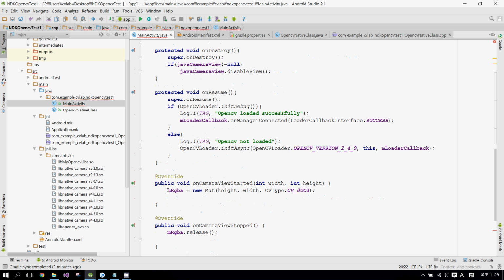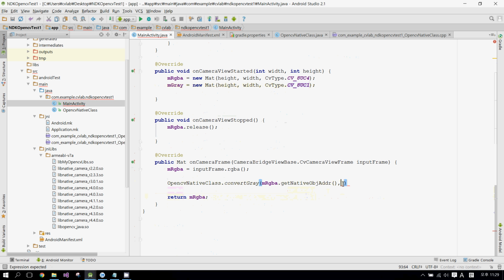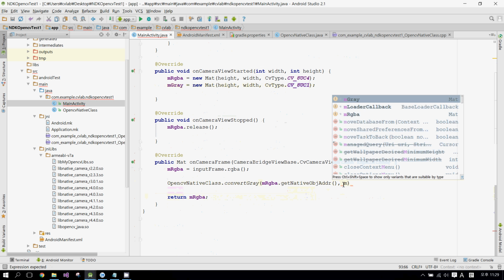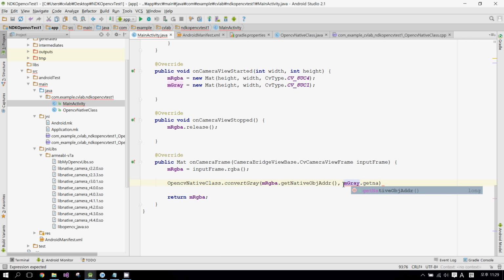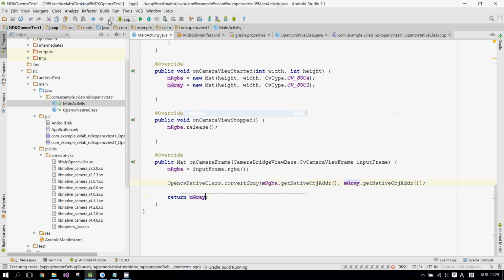So also we need to initialize the gray image in here with just one channel, mGray, and get the native object address and just return the mGray. Okay, so let's build it